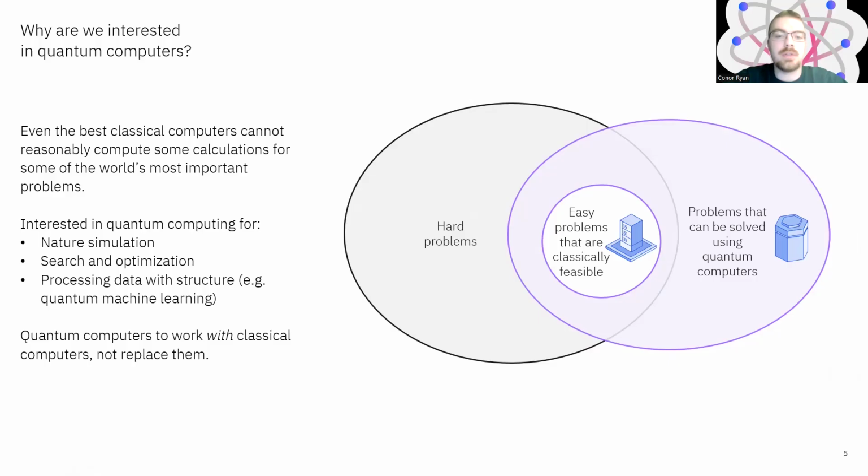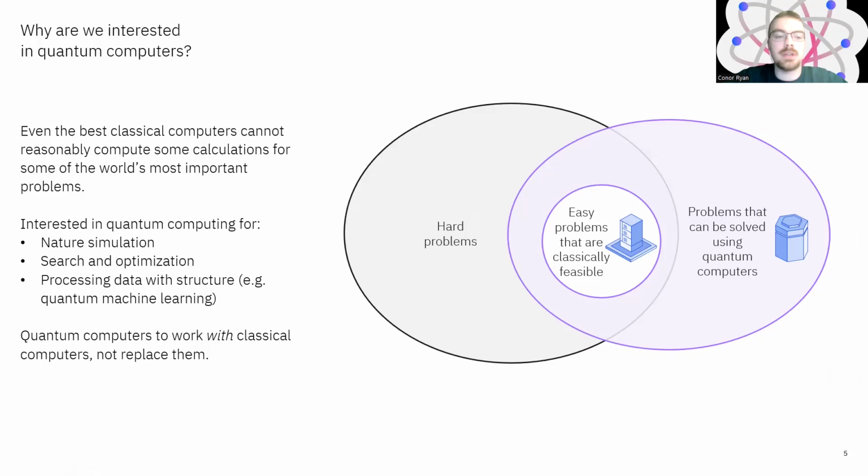Now, pay attention to the fact that not all hard problems are contained within the quantum solutions section of this Venn diagram. Just because a problem cannot be solved in a classical computer does not mean a quantum computer will solve it and all problems become tractable. There would still be potential problems which are hard either way. But the key thing is that there are problems which are difficult classically, which should be possible to do on a quantum computer.